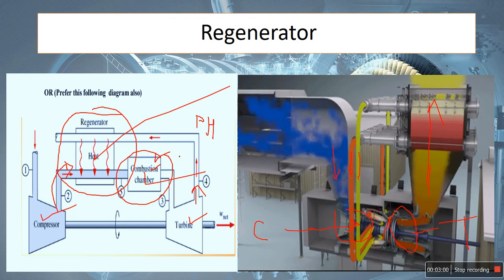This is carried out in the heat exchanger by using the exhaust gases from the turbine, which carry a lot of heat because their temperature is more than the atmospheric temperature. Therefore, the waste gas from the turbine is utilized to preheat the air, which reduces the fuel consumption and increases overall thermal efficiency. This is the main purpose of the regenerator. Again, remember these two keywords: the purpose of the regenerator is that it reduces fuel consumption and increases overall thermal efficiency.